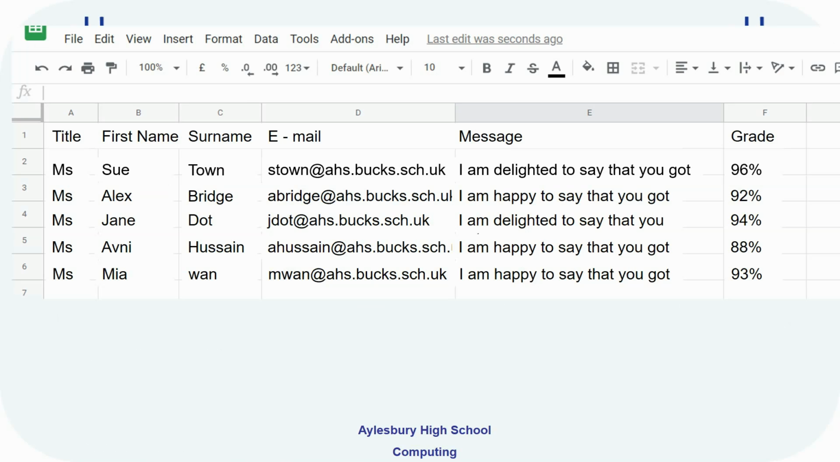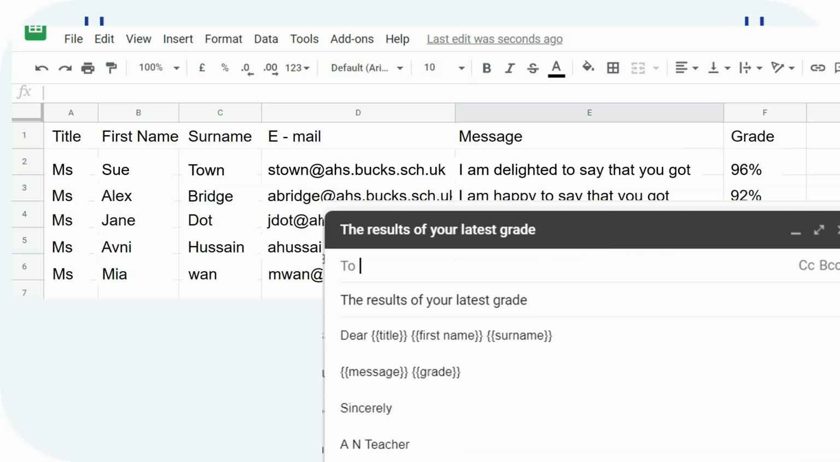To explain how that works, imagine you've got a spreadsheet. Here I've got a spreadsheet and I've got lots of different people with different comments, different grades, different email addresses. Now, without doing a mail merge, what I could have done is I could have opened up a blank email, had some stuff in there like the results of your latest grades and dears and sincerelys and bits like that. And then I could have, for example, copy and pasted the email address and pasted it into the to block. Then I could have copied the title and pasted that in there, copied the first name, pasted it,